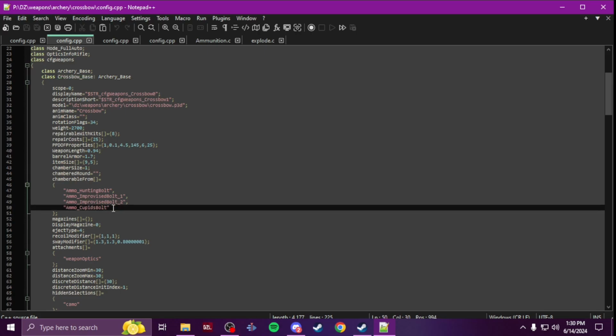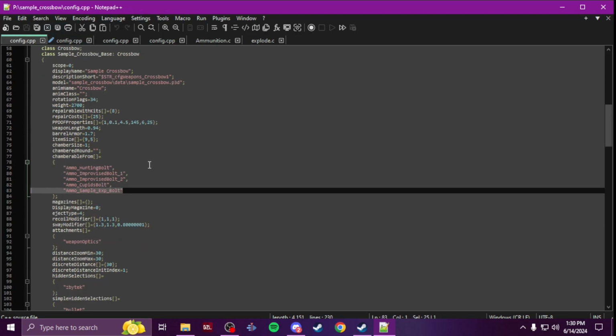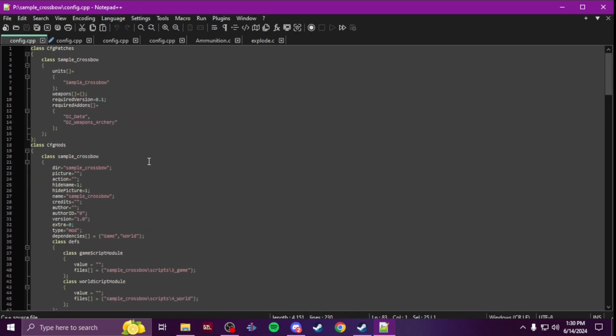You would just add a comma at the end of the last one, enter, quote, put your new class name, end quote, done. And then that'll make your crossbow take all the vanilla ammo plus the exploding bolts. That's it. That's everything. Then now you should have a custom crossbow